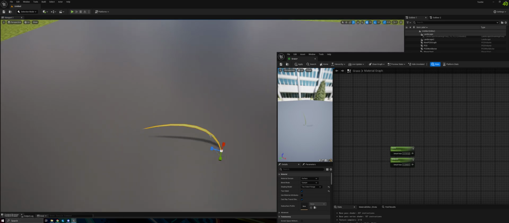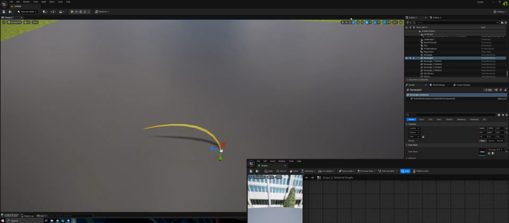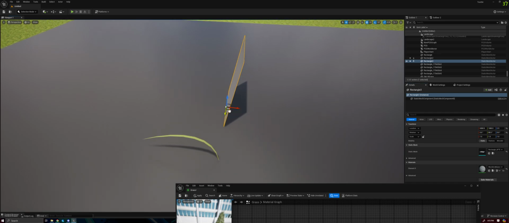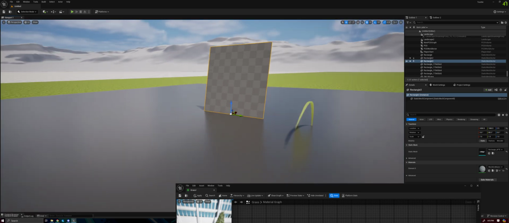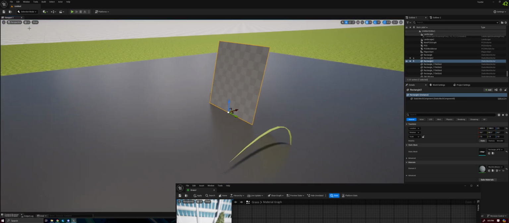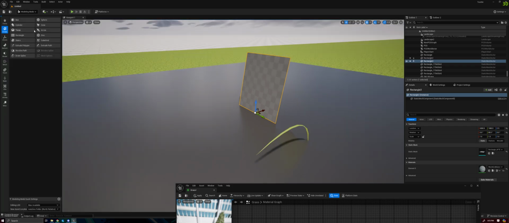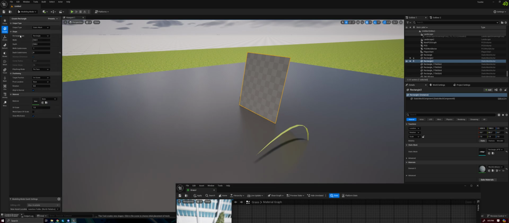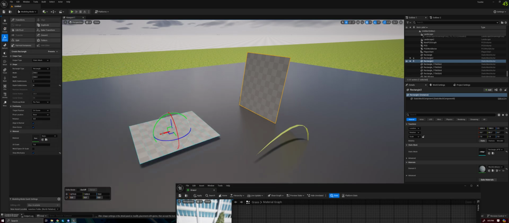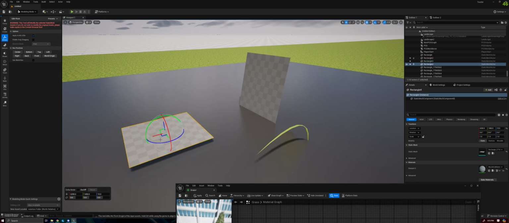So what this is, if I actually take this mesh here, and we're going to go ahead and copy it, I'm going to remove this material from it, you'll find that the mesh that I'm using is actually just a plane, and that's it. So effectively what I did for this particular mesh is I went into the modeling tools, I added a rectangle, I adjusted its pivot,